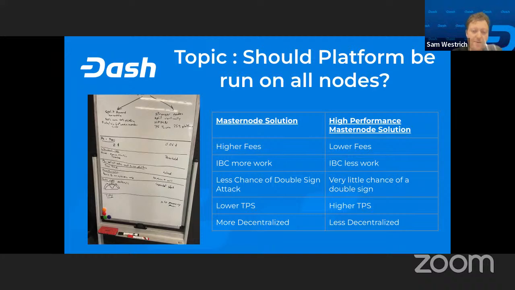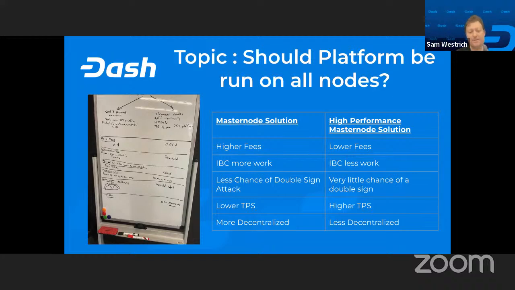Also, for example, if we were to only run platform on, let's say, 100 high performance masternodes, the amount of data replication from platform would be much lower. Instead of replicating on, let's say, 4,000 nodes in our network, which is pretty much the average, right now it's a little bit less because of V18, you would have to replicate 1/40th of that.